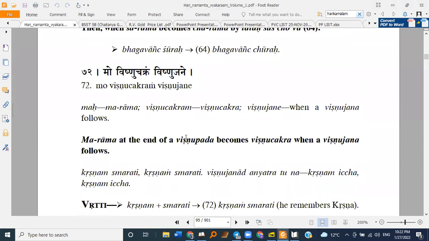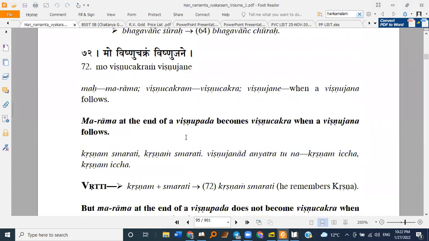Then we'll do one more. This is also very simple, very common. Practically everywhere you will see Sutra 72: Mo Vishnu Chakram Vishnu Jane. Marama at the end of a Vishnu pada becomes Vishnu Chakra when a Vishnu Jana follows. Devashish Prabhu, you are understanding, right? Everything is okay? Yes, Prabhu. Okay. So this sutra says